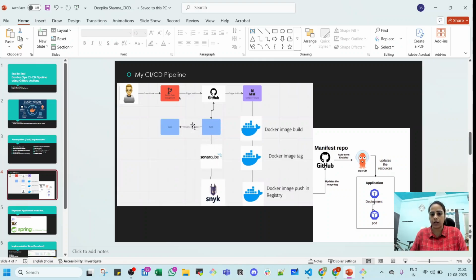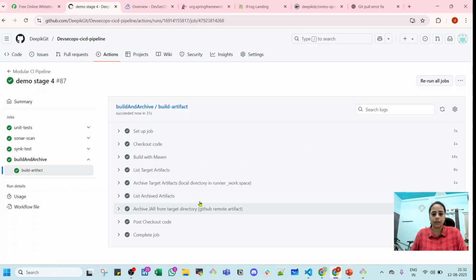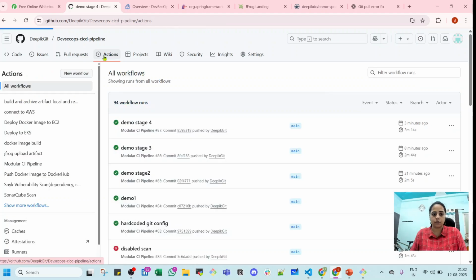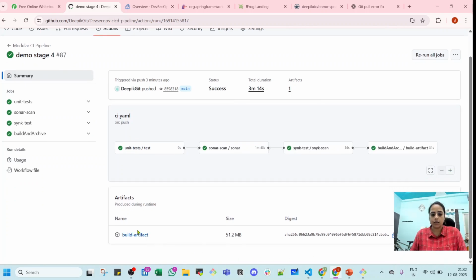With the help of that jar, we should be building our Docker image. We have a Docker file for that. So let's see that it is built. Okay, it has been built, and we can see one artifact has been generated. In the artifact section, just a minute, here, yeah, we can see this build artifact. So the artifact is available, and from here we can even download it, and then this artifact can be pushed